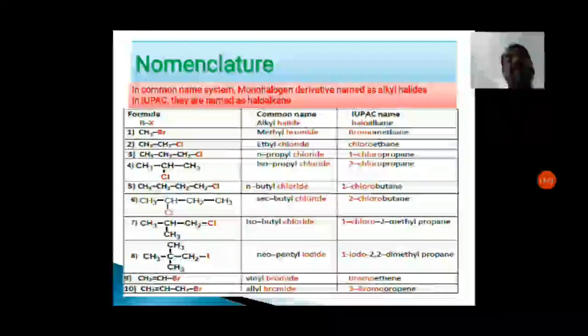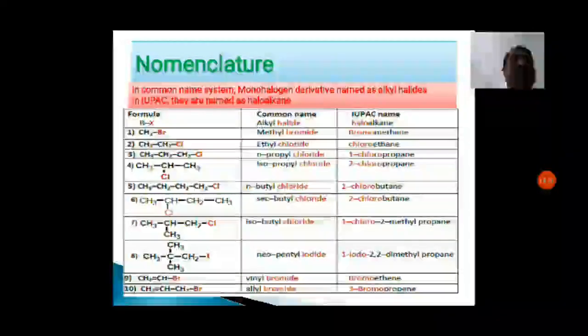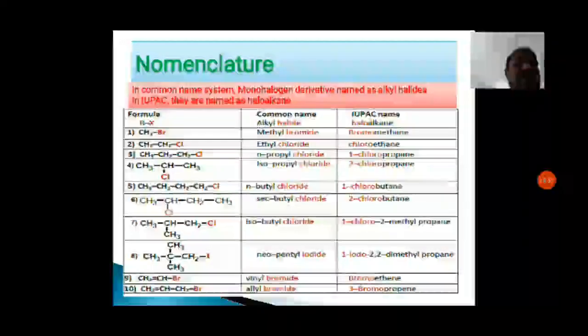And in the 10th example we can see that this group is the allyl group. You very well know about the allyl group because last year we have seen it. CH2=CH-CH2, this group is called the allyl group, and therefore it is allyl bromide, and we can write its IUPAC name as